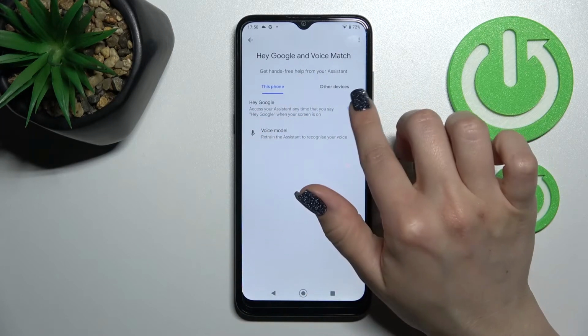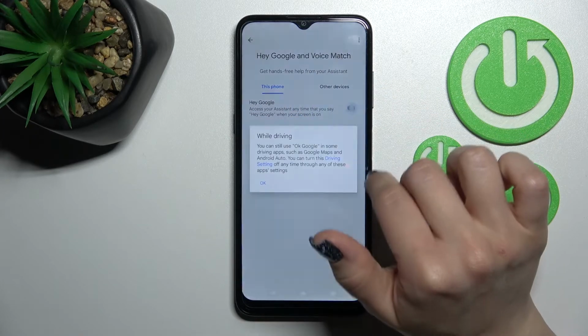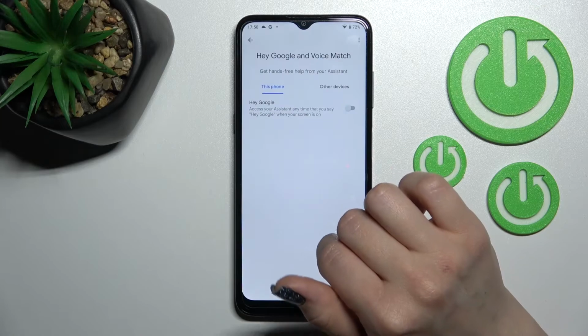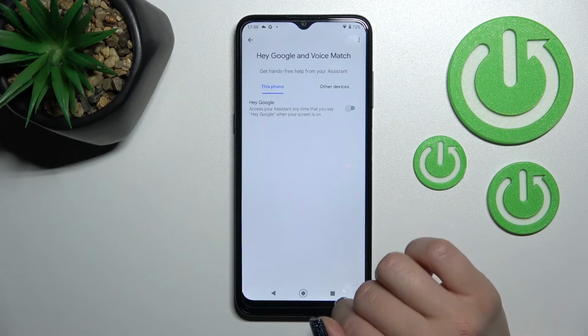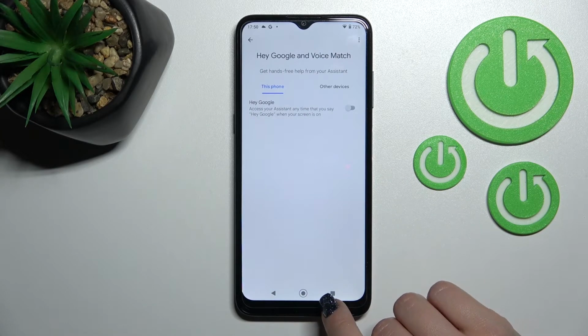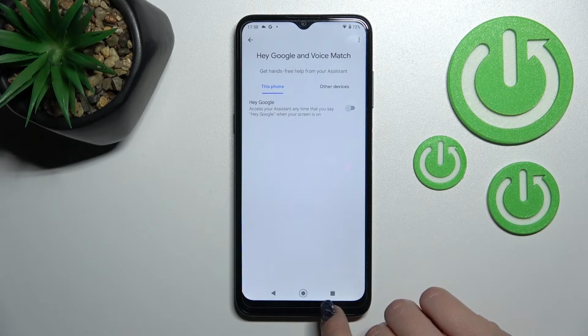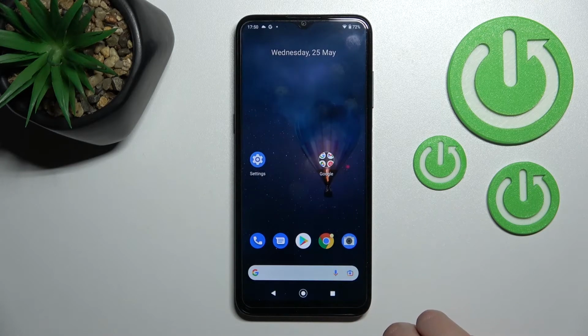Now, to turn off the Hey Google feature, we should click only once on the switcher, then just confirm our changes by clicking OK. And now when we say Hey Google or OK Google, we can see that this feature is turned off